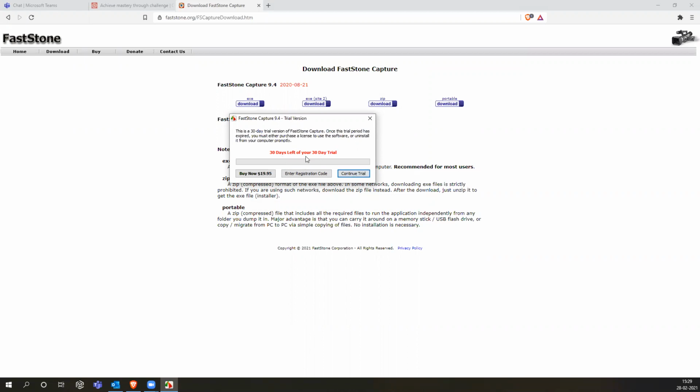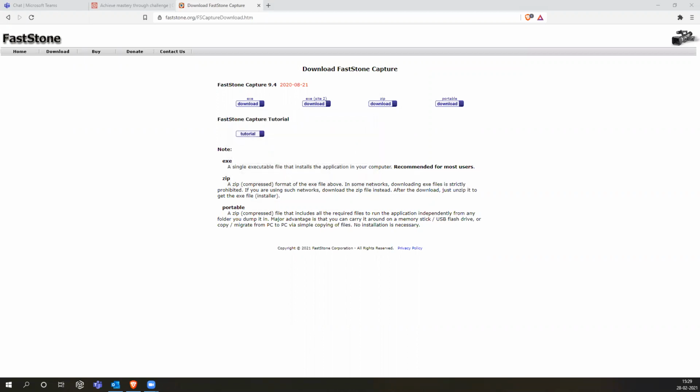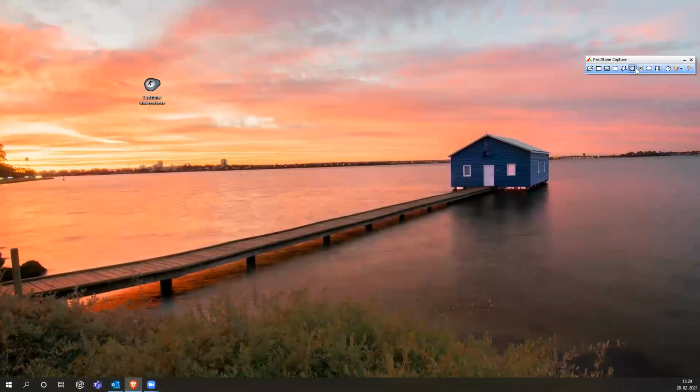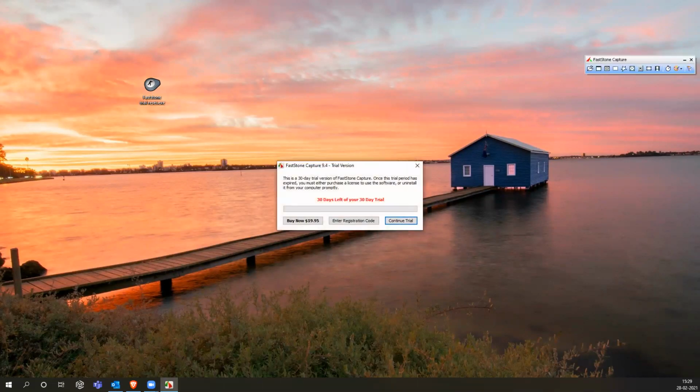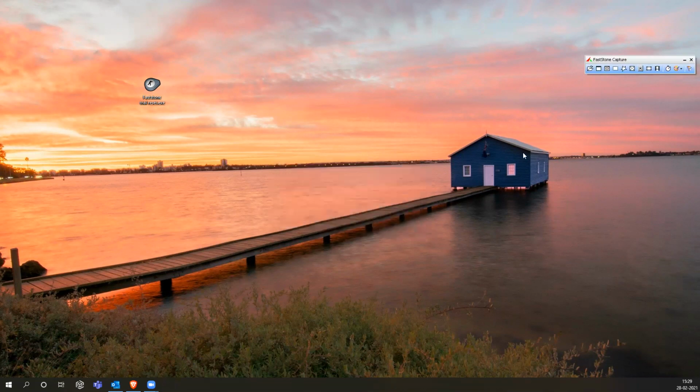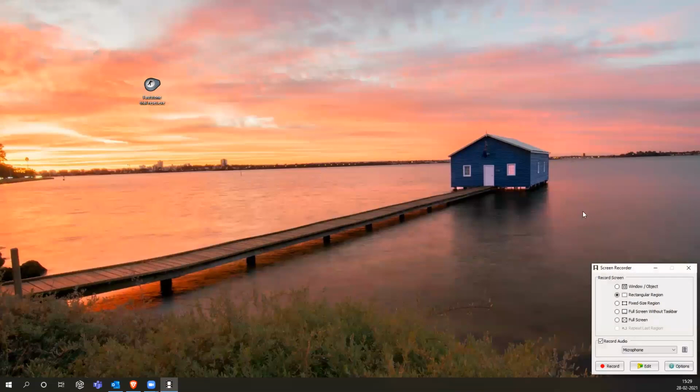So you can see it is a 30 days trial period, and an icon will be launched like this on the right side of the window. I mean on Windows, the right side will get like this. Don't just click close on that one, and launch again from the start menu shortcut. Every time when you launch this you can see like this. Just click this screen recorder.